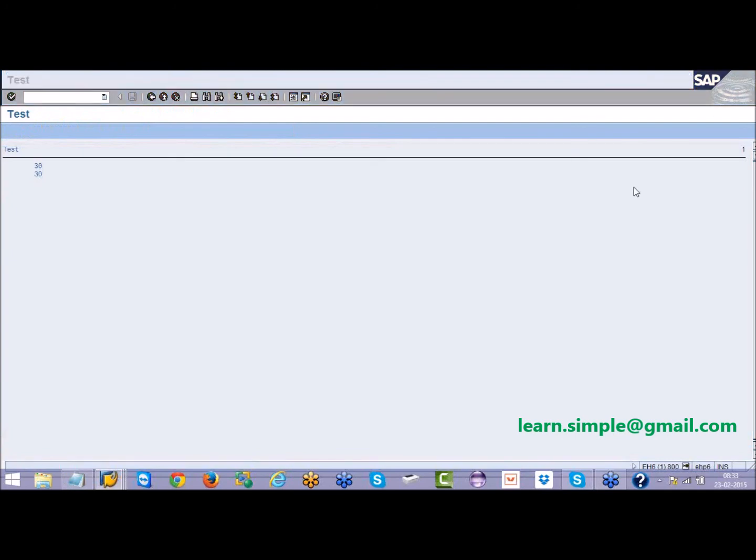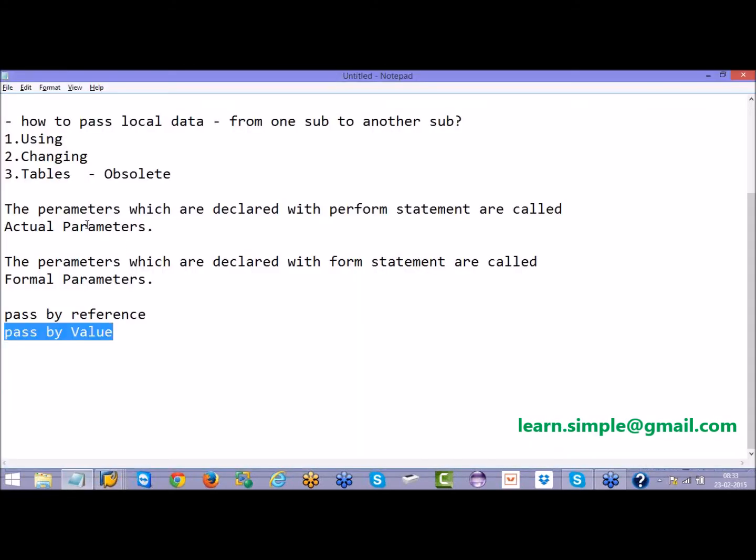If you can see this, using and changing keywords have been invented to fulfill this purpose, pass by value and pass by reference concepts.